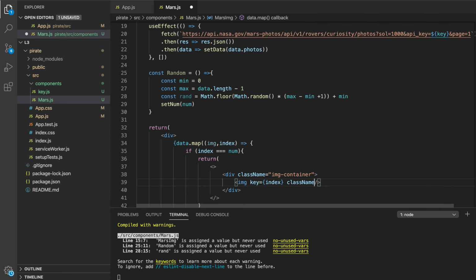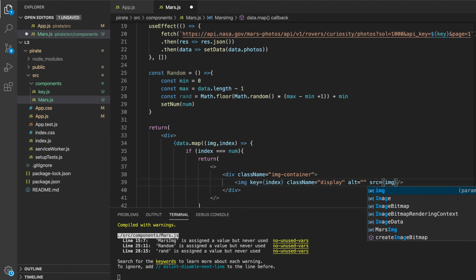And the class name, I'm gonna use display, so we can render the image in right dimensions. And we have to have an alt. In this case, let's just have an empty string. And of course, the most important one, the source. So the source will be image.image